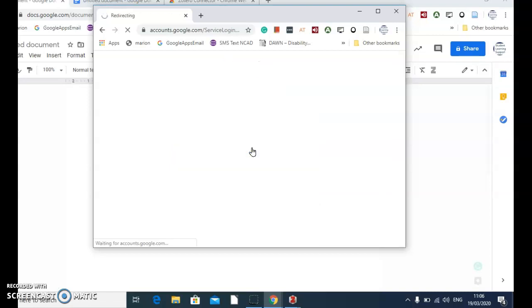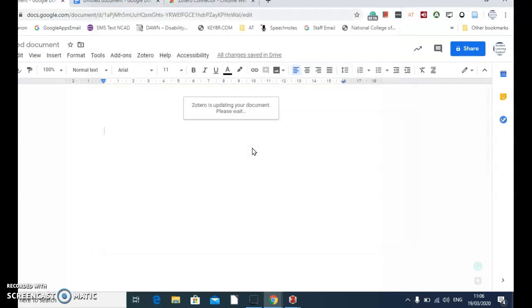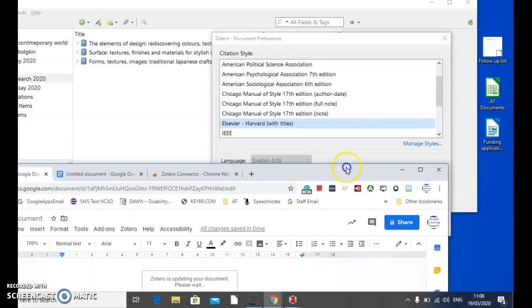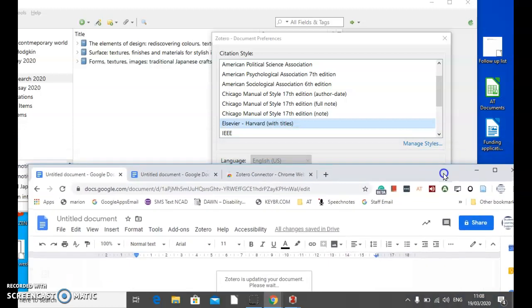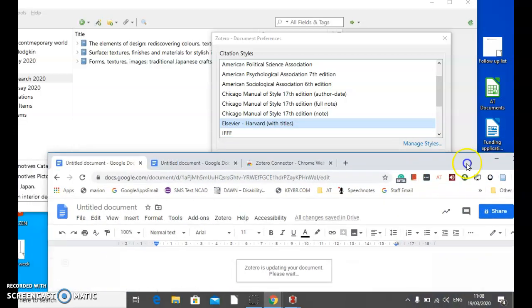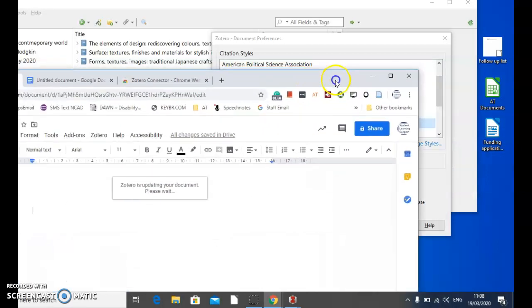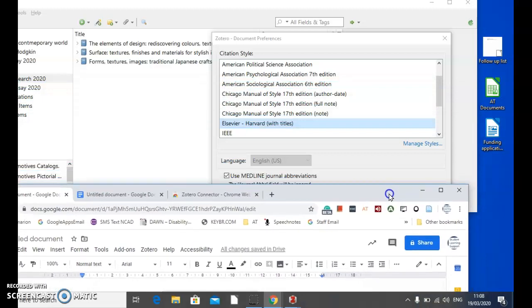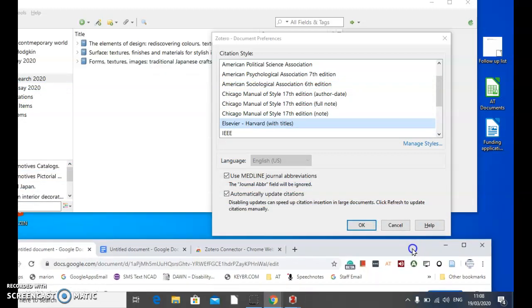So I'm going to double click on that. And now that's done. So you're linked up to that Gmail account. Now we're going to click out, just to make it a little bit smaller, and then we can move it around, because sometimes when you're setting it up, it can go behind your browser. So when we've set that up to our Gmail account for NCAD student, it then is asking us here